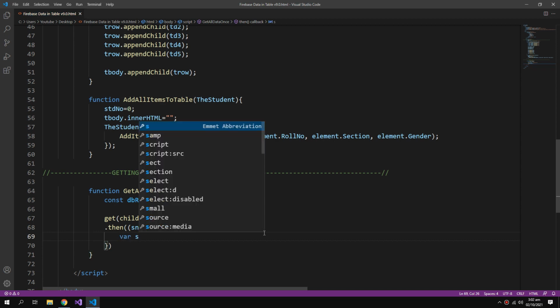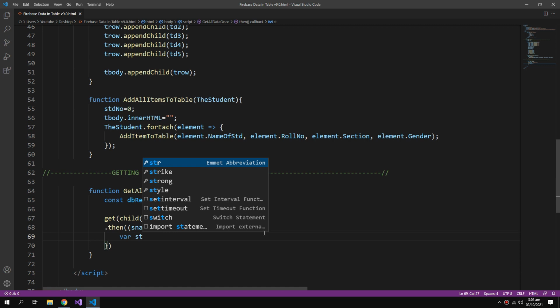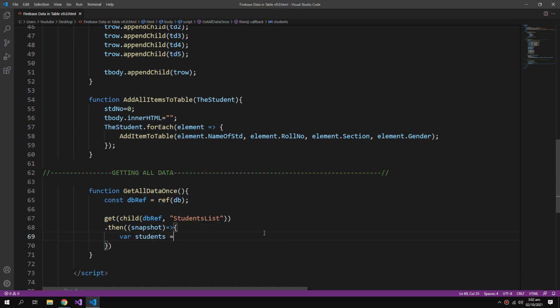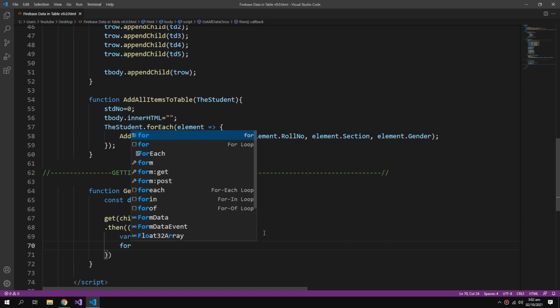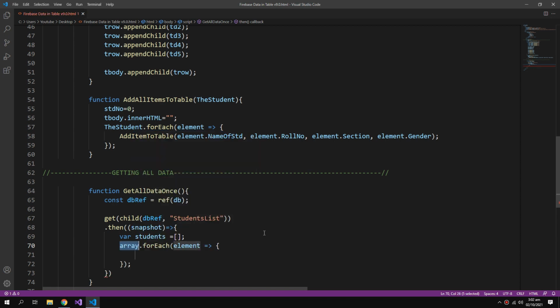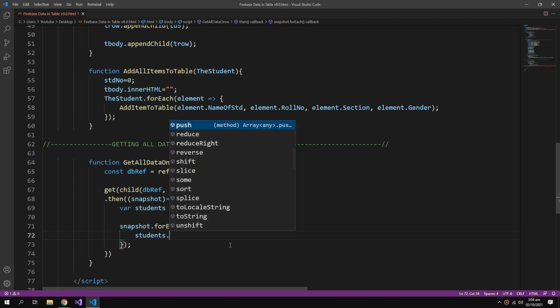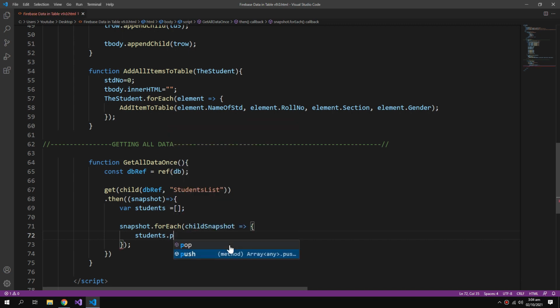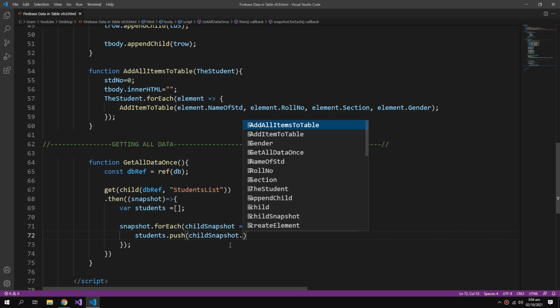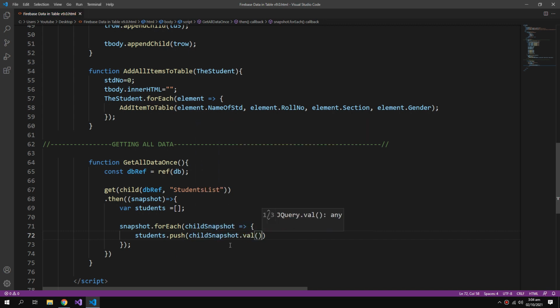and inside this promise I will create an array students, then a forEach loop which will take the snapshot, and inside this forEach loop each of the child snapshots will possess a record of a student. So dot push childSnapshot.val function.